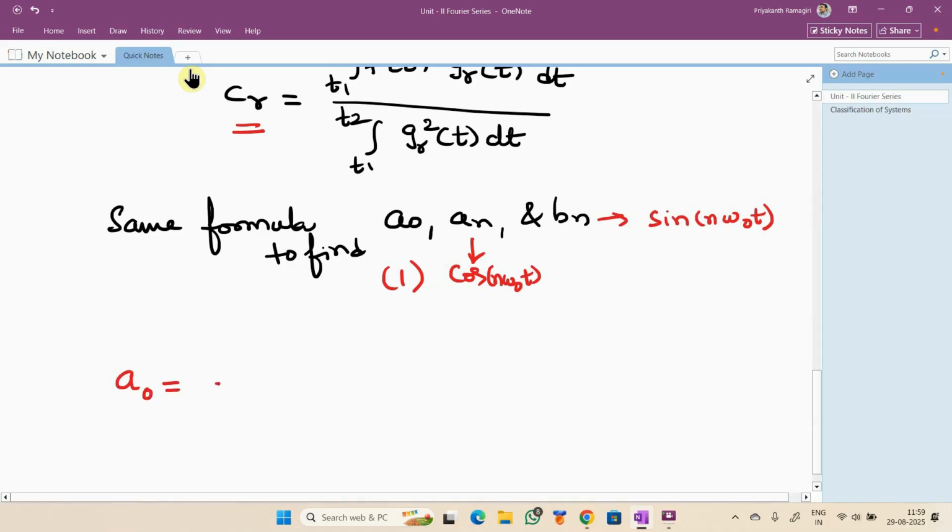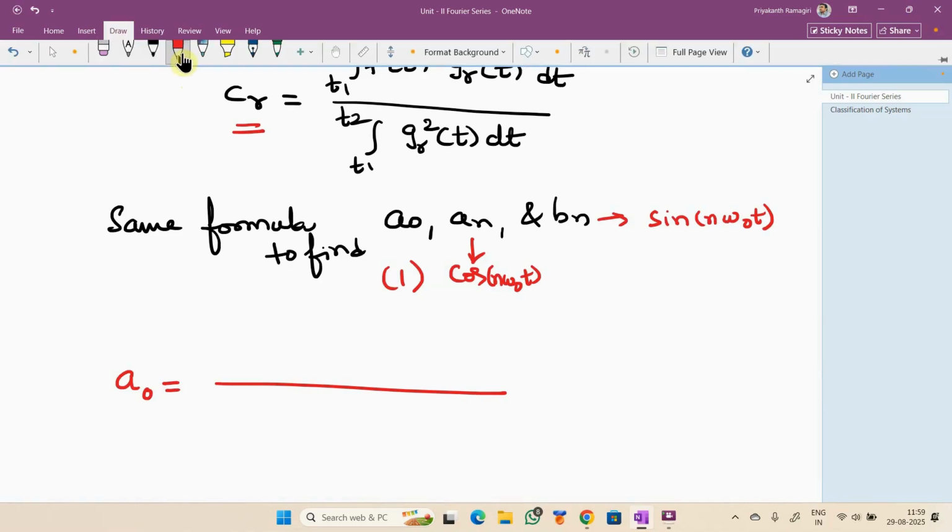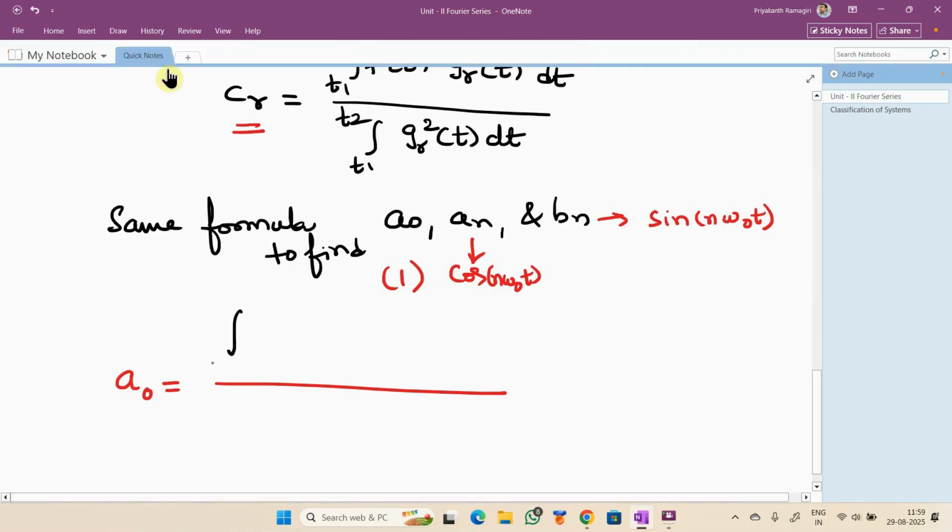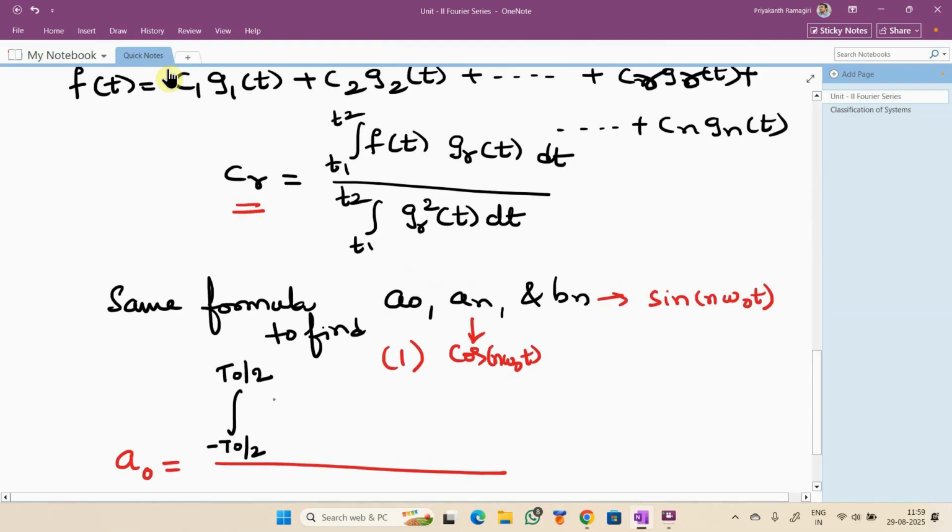A naught equal to. Now, since I am talking about periodic signals, we will consider it over a period. It can be either 0 to T naught, or it can be from minus T naught by 2 to T naught by 2. Now, this is f of t. And what is gr in this case when I am talking about A naught? 1. Nice. So gr will become 1 here, dt,